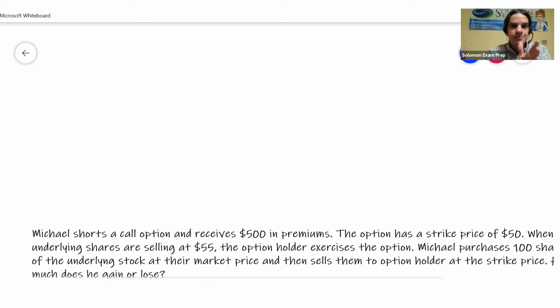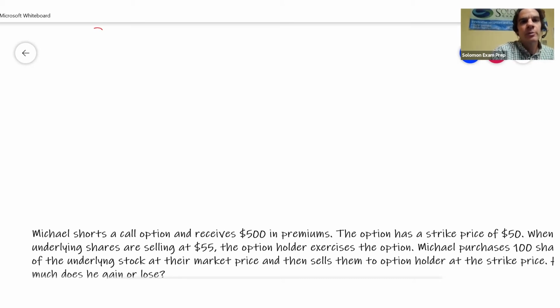Now, remember, the option seller has already taken in the premium, right? When they sell the option, they receive that premium. So they've taken that money in. Then they have to go out and buy the underlying shares at the market price. So that's money they spend. And then they turn around and sell those shares to the option holder. So they also would take in the strike price. All right, so now we're talking about shorting a call